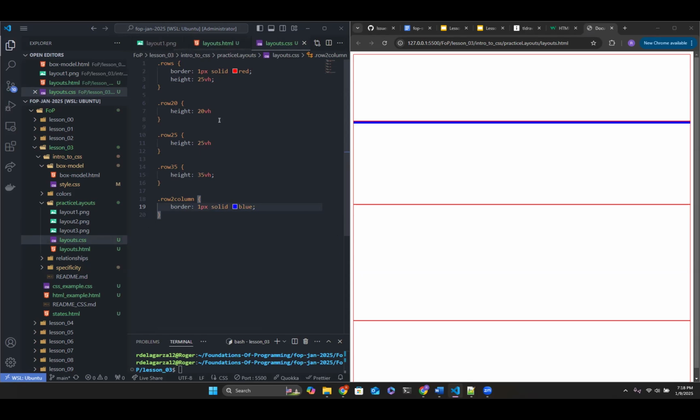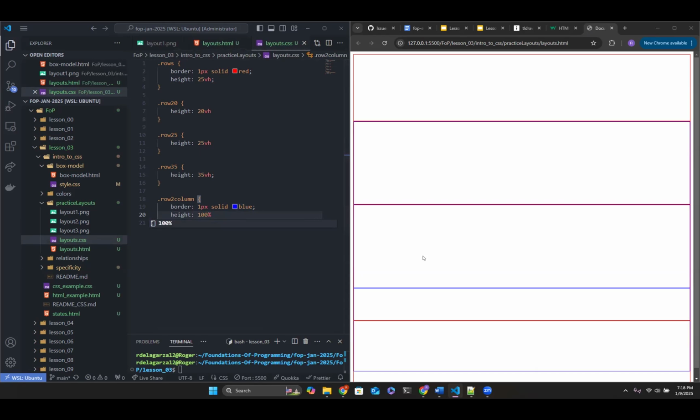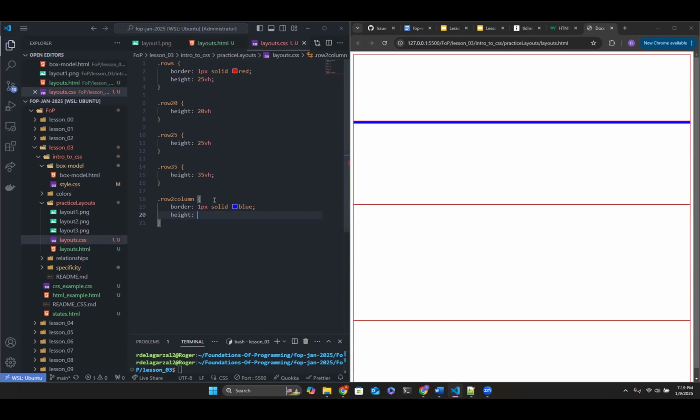And it should be all crunched up. I figured we're gonna set the height. I believe we'll do 100%. Oh, okay. It looks a little weird. Not exactly what I was looking for. Should it be the same height as the div that it's in? Yeah, it probably makes sense if it is. So we can say 25 view heights.